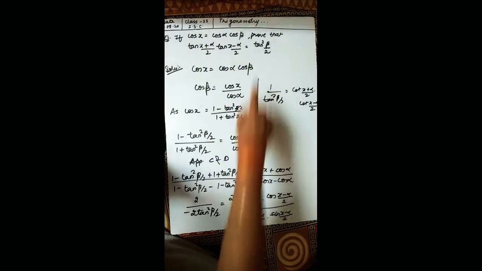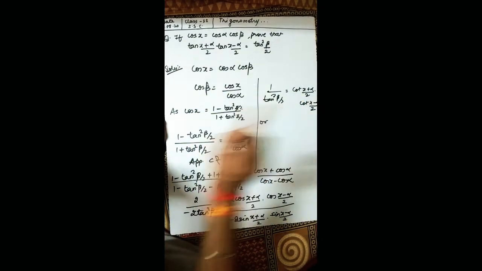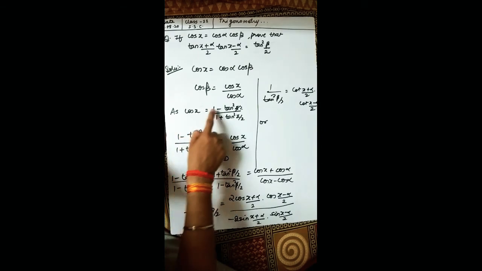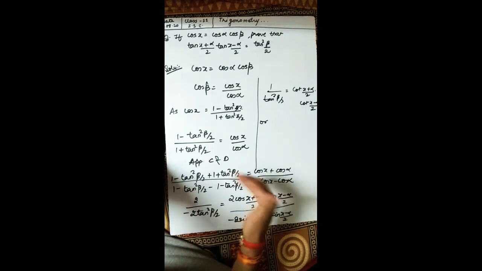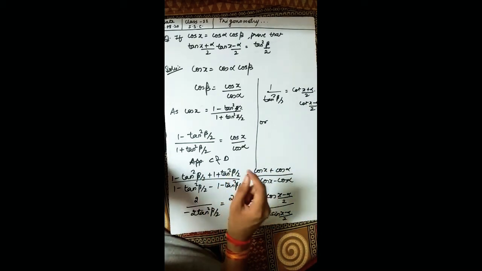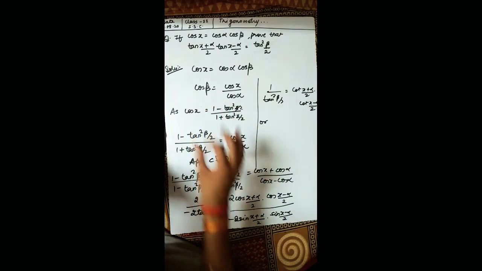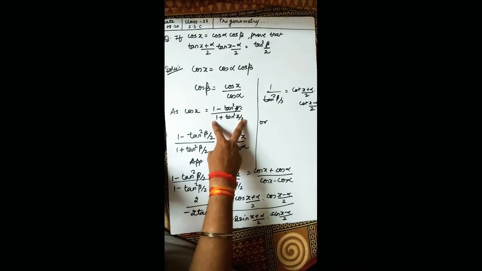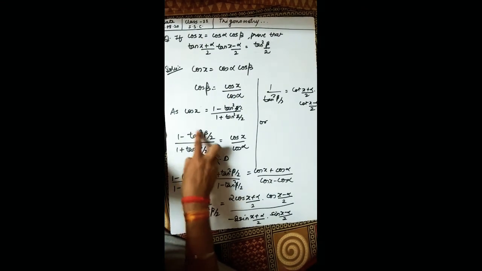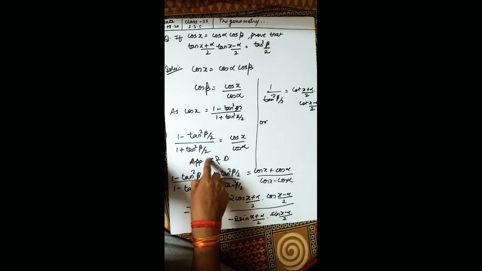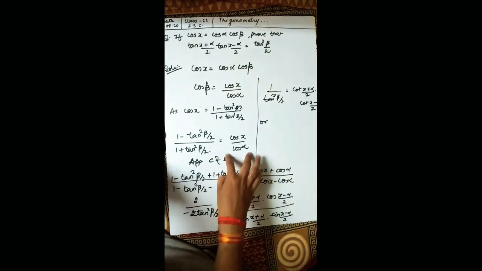Okay, now as this is tan square beta by 2 and this is cos beta, so we know one identity, that cos x is (1 minus tan square x by 2) upon (1 plus tan square x by 2). As I've taught you that cos 2x is (1 minus tan square x) upon (1 plus tan square x). So that is how, using the half angle property, cos x is this. Now in place of cos beta, I've written this one, (1 minus tan squared beta by 2) upon (1 plus tan squared beta by 2) equal to cos x upon cos alpha. This cos x upon cos alpha as it is.